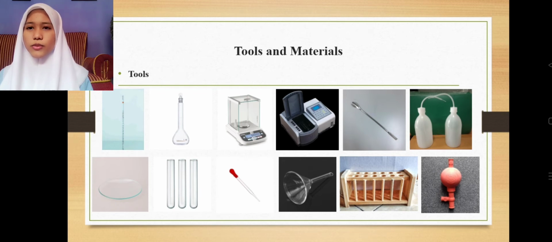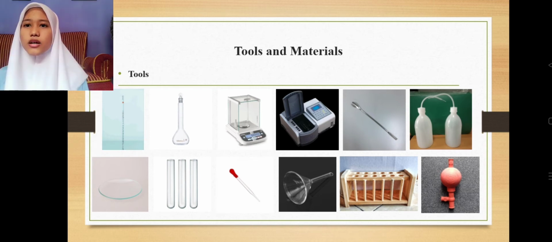The spectrophotometer is used for measuring the relative energy of light, whether it is transmitted, reflected, or emitted, as a function of wavelength. The spatula is used to pick up objects or materials. The aquarest bottle is used for storing aquarest. The watch glass is used for covering the beaker during the sample heating process.